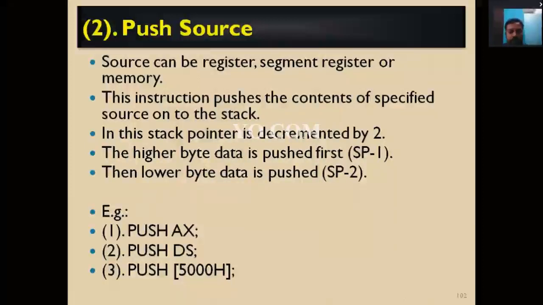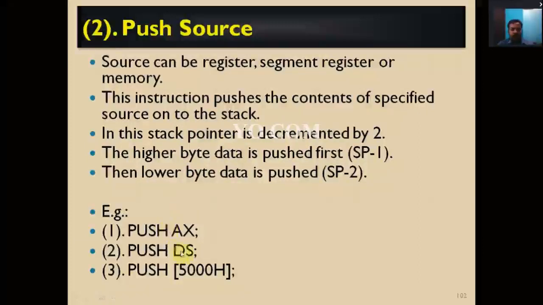So this is the instruction format of push AX. Push AX means the data present in AX, that is 16-bit data, moves to the stack memory.